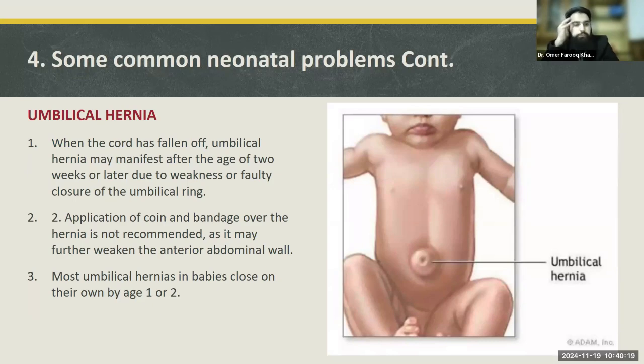And most of the hernias settle on their own with the strength of the abdominal wall muscles, which closes itself on the gut. But if after 2 years of age or 1.5 years of age the hernia increases in size or it does not settle, then you need to go to the pediatric surgeons, and they treat the umbilical hernia, and they do a hernioplasty or herniorrhaphy, which is basically closure of the hernial orifice through which gut loops are coming out of the abdominal wall.